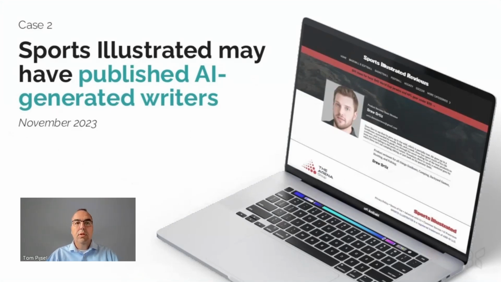A second example of failure of AI governance involves Sports Illustrated and its use of AI-generated writers. Last year, it was revealed that Sports Illustrated had been publishing articles under the names of writers who don't actually exist. These authors had complete bios and headshots, but were AI generated. For instance, one of the fake authors you see here on the screen, Drew Otis, was described as an outdoor enthusiast, but reverse image search of this photo revealed it was an AI-generated headshot for sale on the internet.